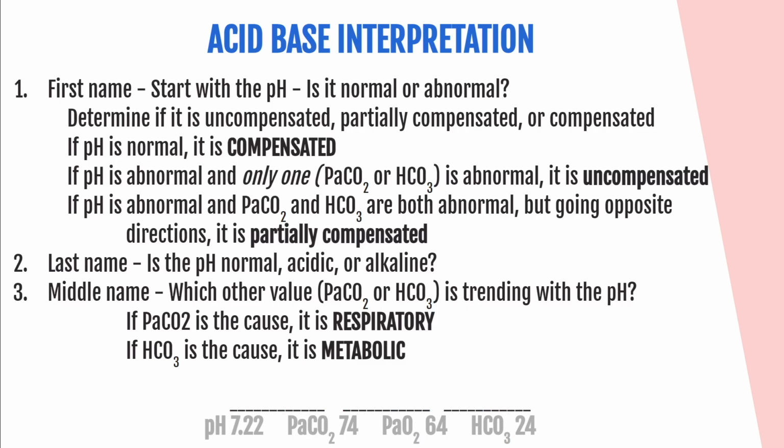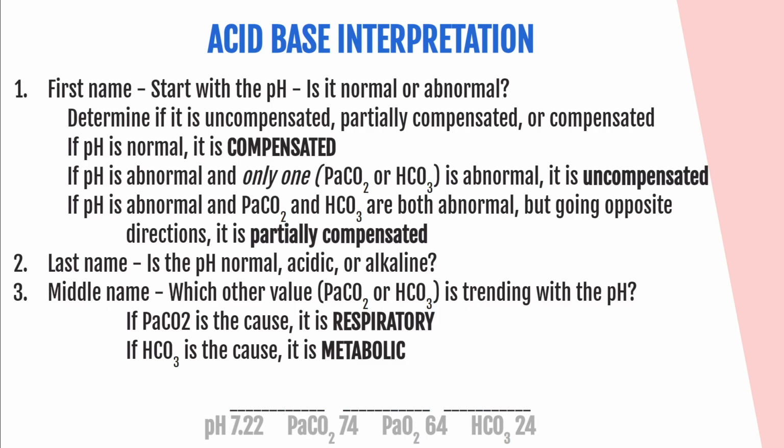Super plain and simple, normal or abnormal, and then we'll determine the level of compensation at the very end. So let's take a look at our example here. A pH of 7.22, is it normal? No, it's not. A normal pH should be 7.35 to 7.45. So because the pH is not normal, that's the only question we want to answer,